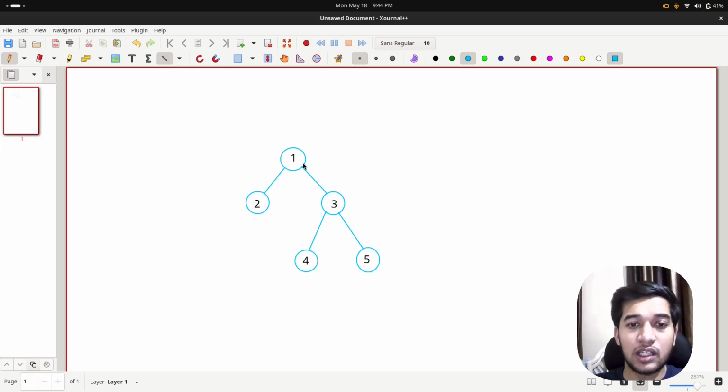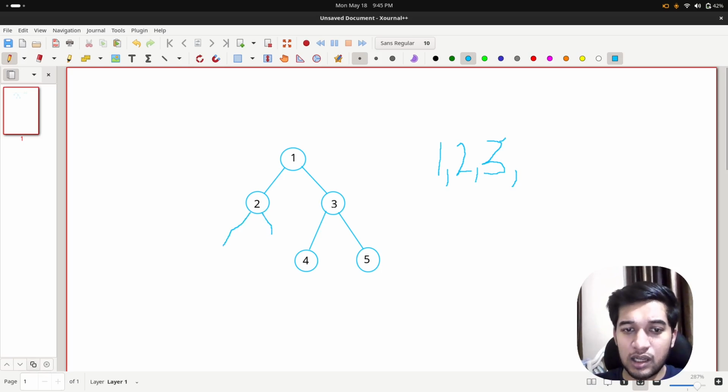You can check out the level order traversal video, link in the description. So first we start with the 1. After that we go to the second level, in which we have 2, but before this we have to use a comma to separate the nodes, and after that we push the values of that level, so that will be 2 and 3, and after that when we go to another level,